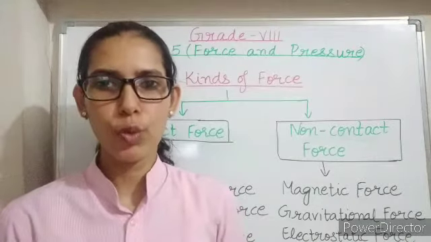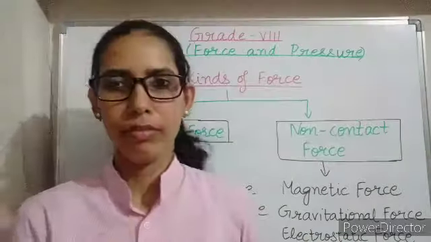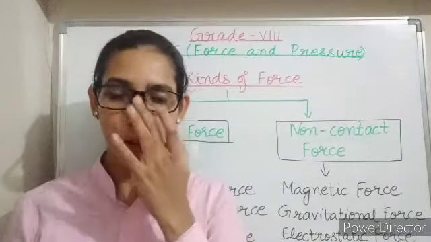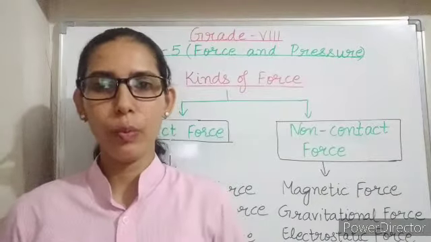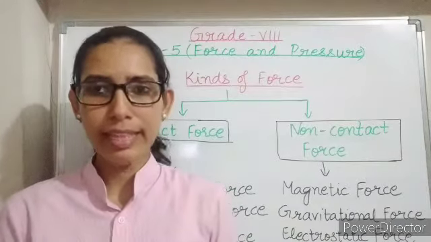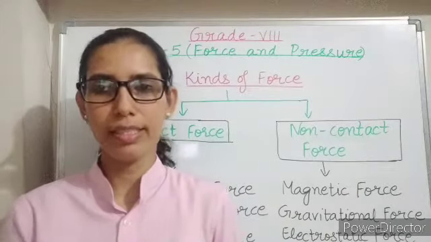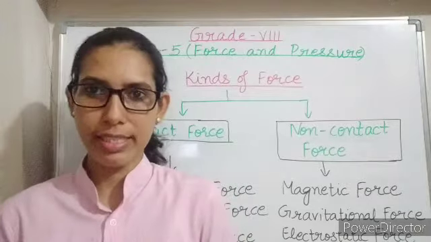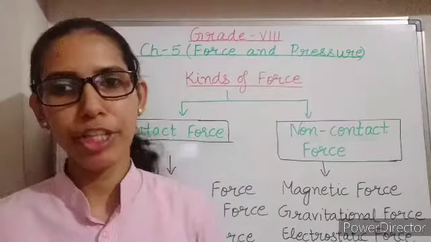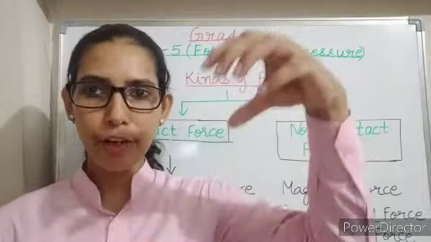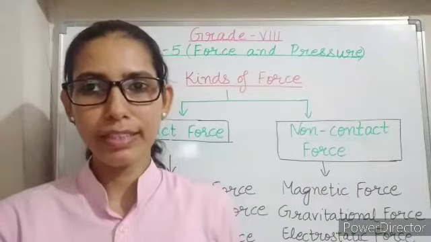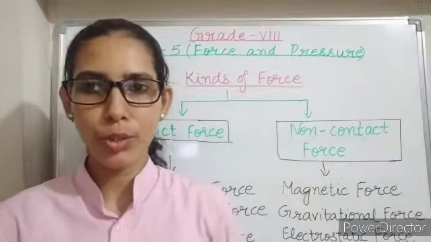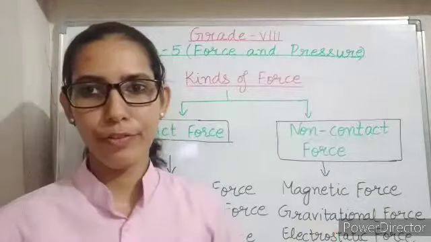Next is gravitational force. We know that leaves and fruits from the tree fall towards the ground. And if I turn on the tap, water always falls towards the ground. Why is it so? Is anything attracting all these objects? Yes. Earth applies a pull force on all the freely falling objects, and this force is known as gravitational force. When objects are falling towards the ground, Earth is exerting a pull force on them, but there is no contact between Earth and that object. So it is a non-contact force.